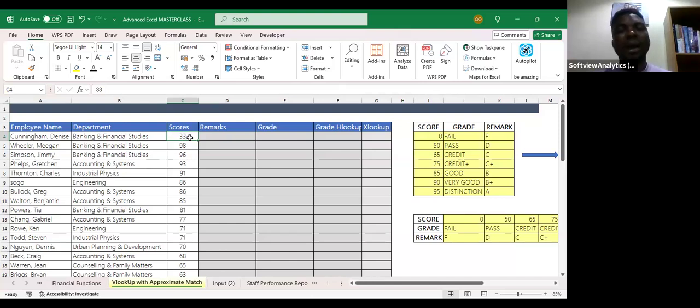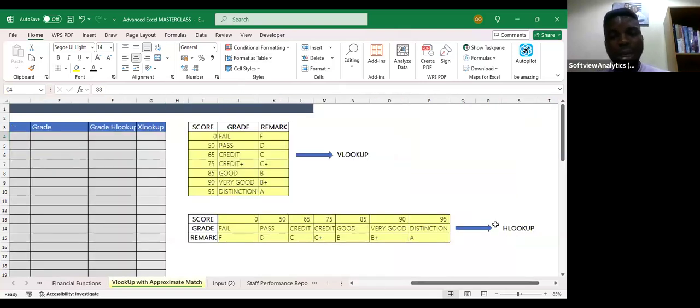But there are three types of lookup, right? There are three types of lookup. We have the VLOOKUP, which is a type of it. We have the HLOOKUP, right? And we have another one that is very new. We call it the XLOOKUP, right? Now,